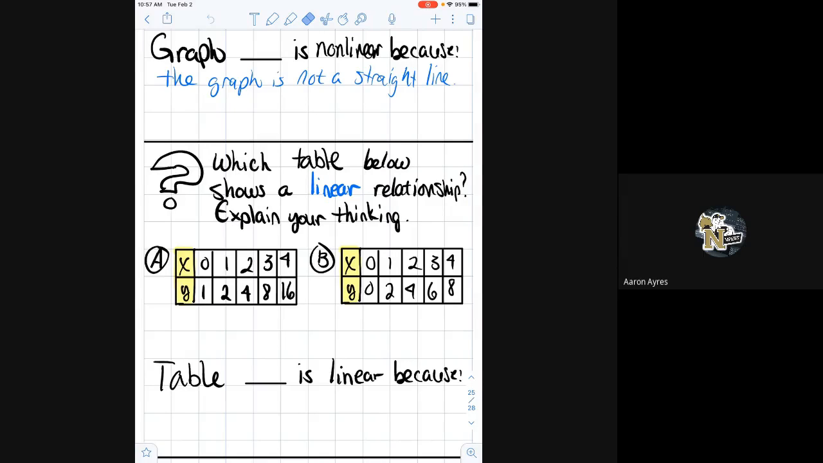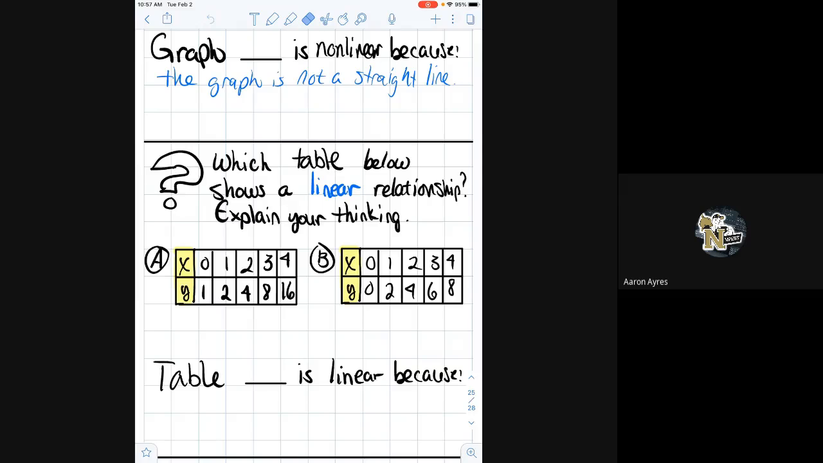Okay, on your thumb, again, A is thumbs up, B is thumbs down. Which table shows a linear relationship? All right, everybody has their thumbs down. Addie, why is B the linear relationship? Because when you look at it, the x goes from 1. Okay, so the rate of change